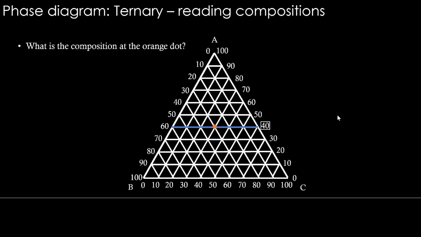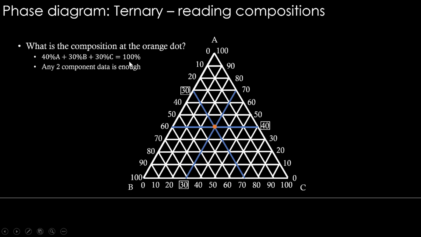And then what about B? Line parallel to AC is this. So that is going to be B content. Okay. So that is this 30. Right. So I'm using blue line for everything now. Doesn't matter. So this is going to be the C content, obviously, and that is going to be 30. Right. So this 40 A, 30 B, and 30 C is the composition. Total is going to be 100.